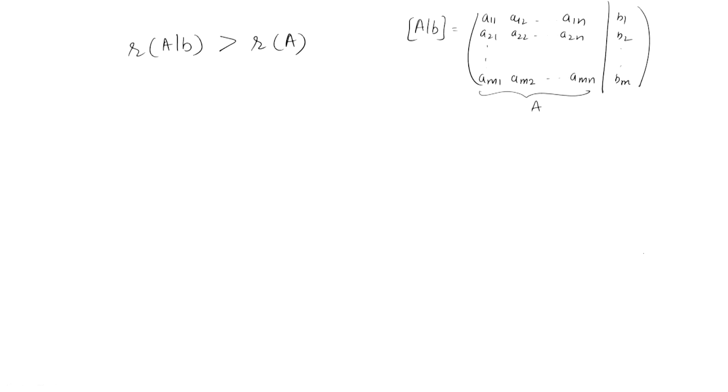Rank of A will be m minus 1 and here it is m. So, what I want to say is that the rank of the augmented matrix will be more than the rank of A only when in the echelon form of the augmented matrix you have one row, entire row having 0 in A and the corresponding Bi is not equal to 0. And this means what? This means that 0 is equal to some non-zero quantity, which is not possible. So, the system is inconsistent, in this case the system is inconsistent or has no solution.